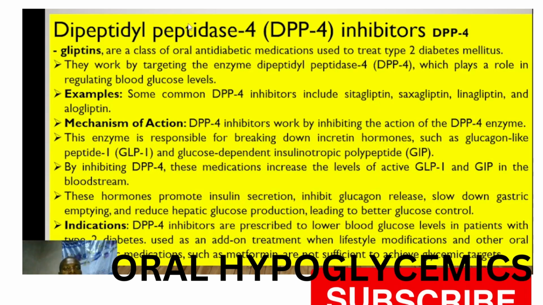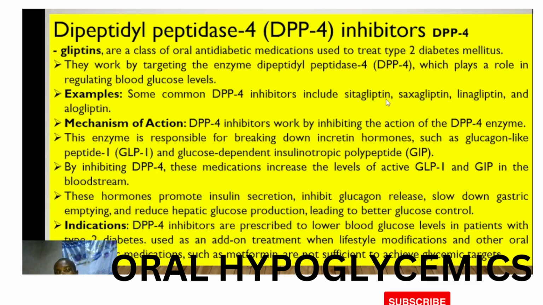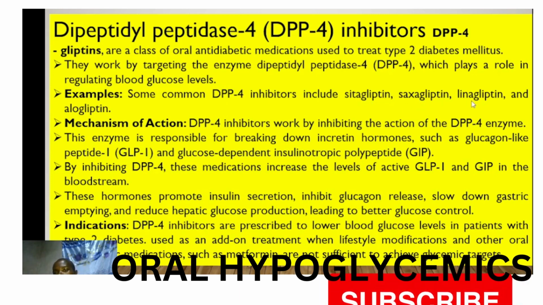The fourth one is the DPP-4, dipeptidyl peptidase 4 inhibitors. They are also called gliptins. They are a class of oral medication used to treat type 2 diabetes. They work by targeting the enzyme dipeptidyl peptidase, which normally plays a role in regulating blood glucose level. Common examples include sitagliptin, saxagliptin, linagliptin, alogliptin. So the gliptins,